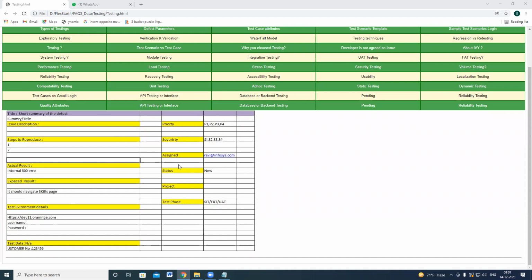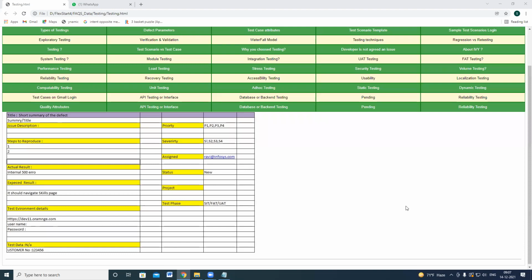Understood, everyone? So now let's come back to what is meant by priority and what is meant by severity. Which one do I have to give as priority, which one as severity? First of all, we need to understand what is meant by priority and severity.